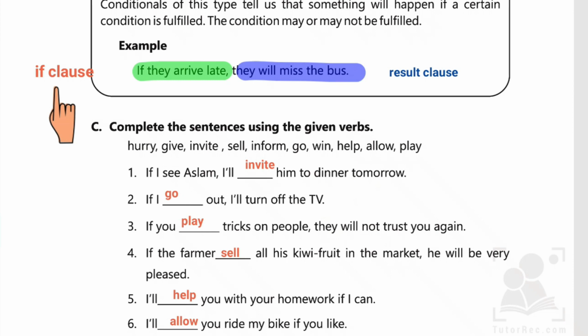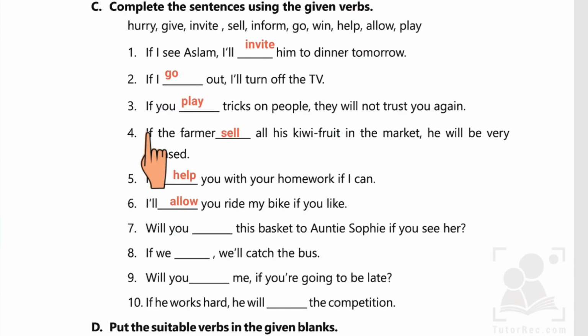Right? So what I would like you to memorize and always keep in mind when you construct these conditional sentences in written form is that whenever you start your sentence with the if clause, comma, then comes the result clause. You can see: if clause, comma, result clause. If clause, comma, and then result clause. Similarly, if clause,